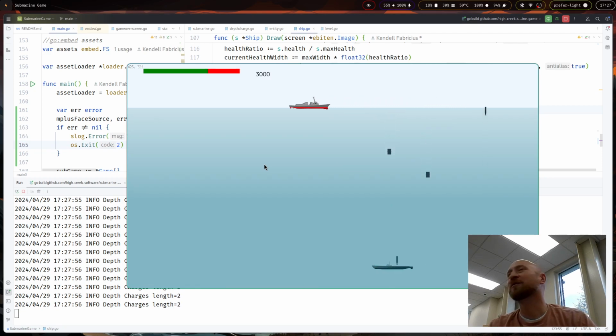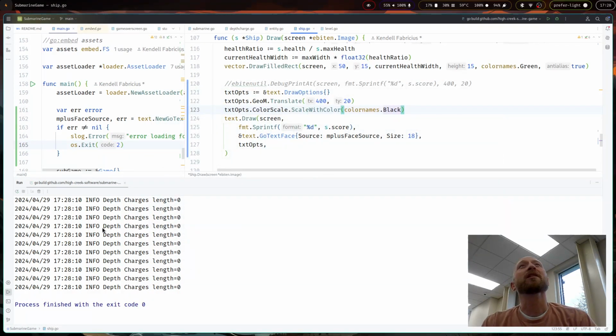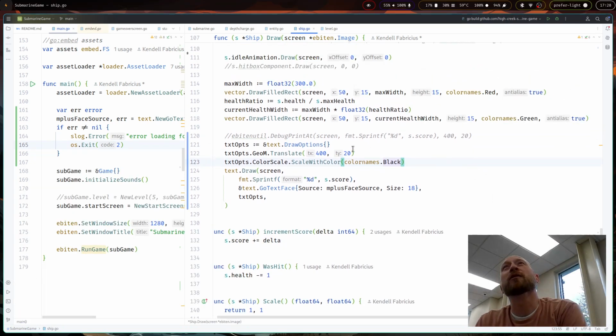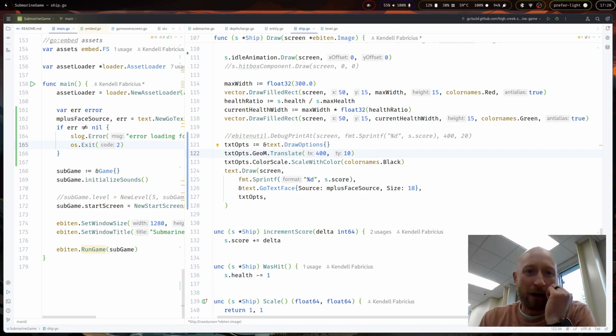After the thousands, what do we add? A comma, yep. So our score is kind of challenging to see. I mean, it's not white and it's larger text for sure, but we need to figure out how to add a comma, and we need to reposition it a little bit. I'm gonna bump it up 10 pixels. And then we're going to talk about